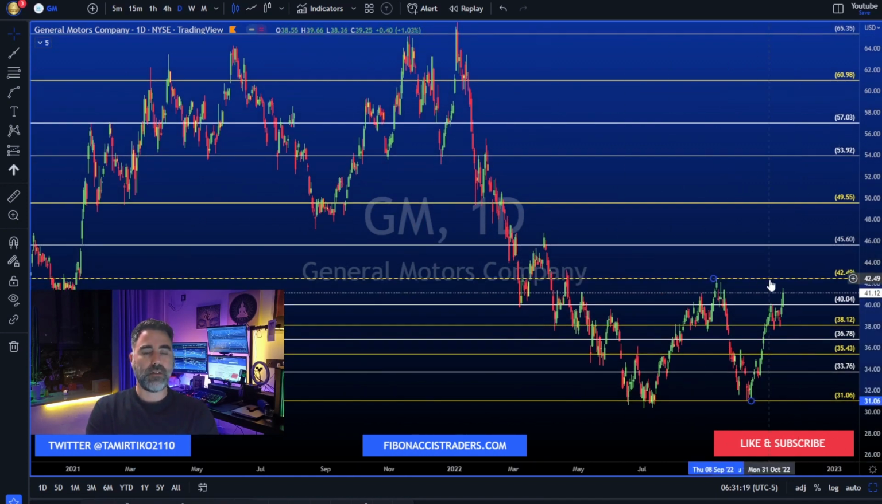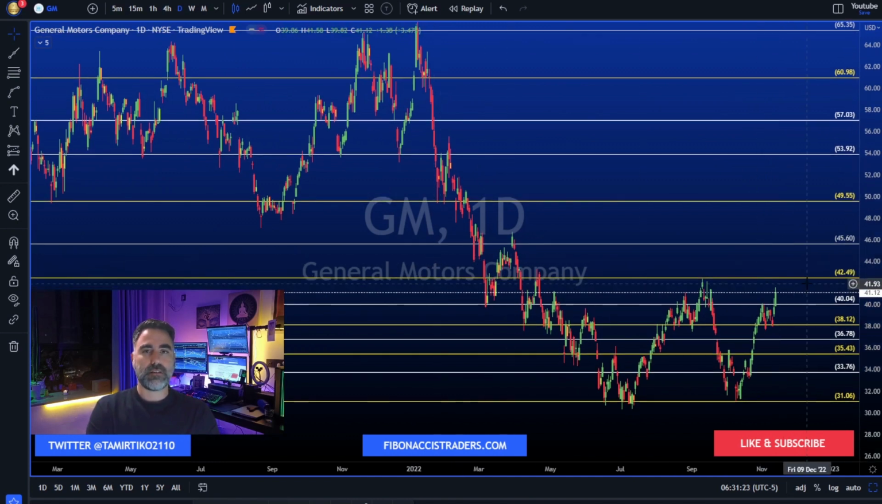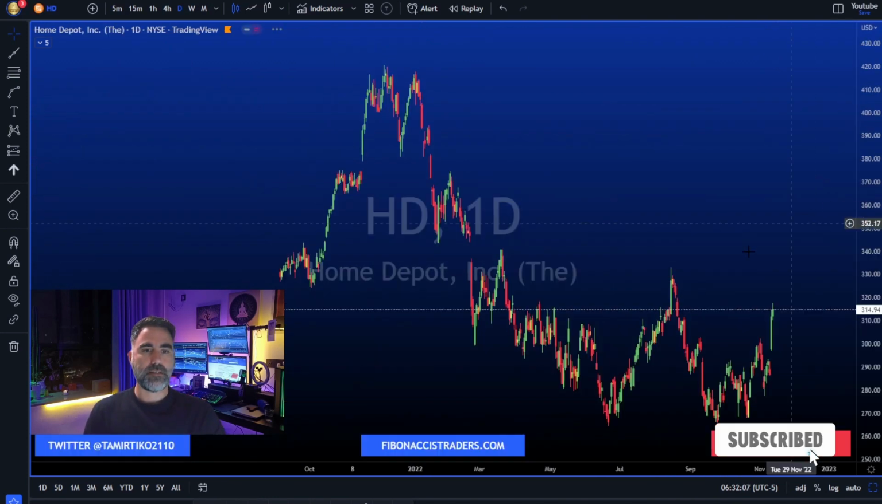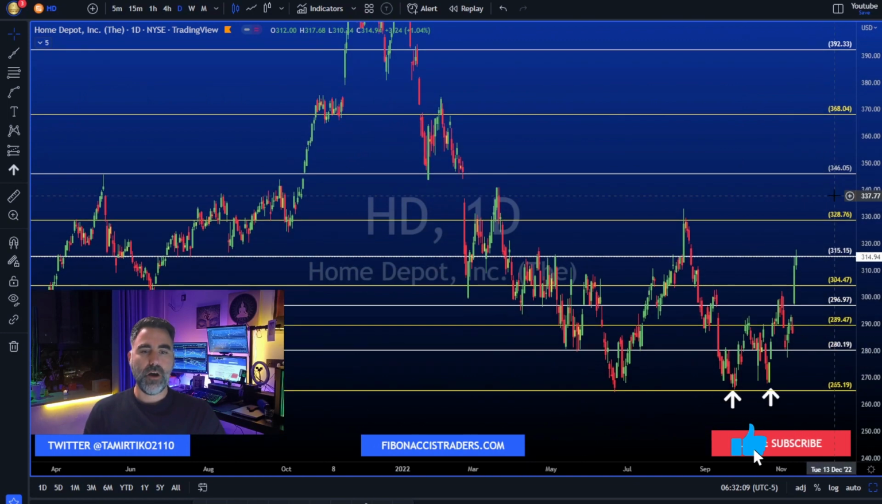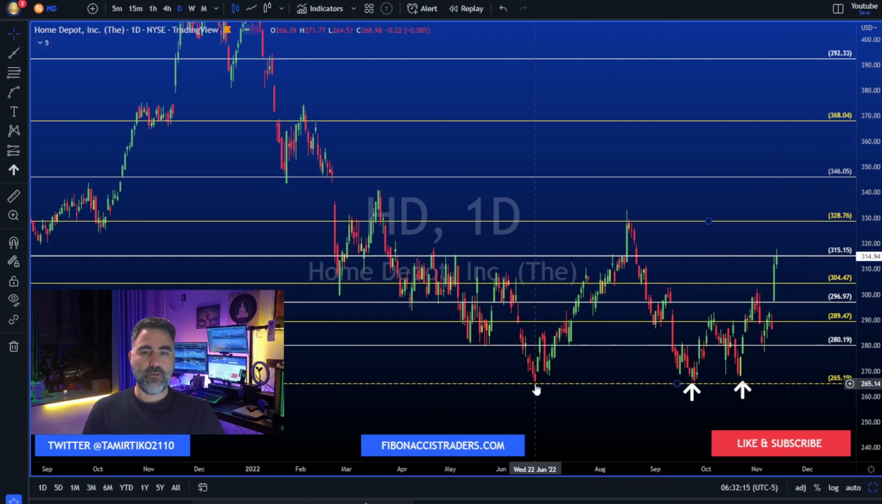So now the 42-43 level is the next area of resistance for the bulls, managing to break up above and closing above this 43 area at least 2 or 3 days. Then 49-50 area. Next one is HD, Home Depot, another name we identified at the 265 area, holding strong throughout